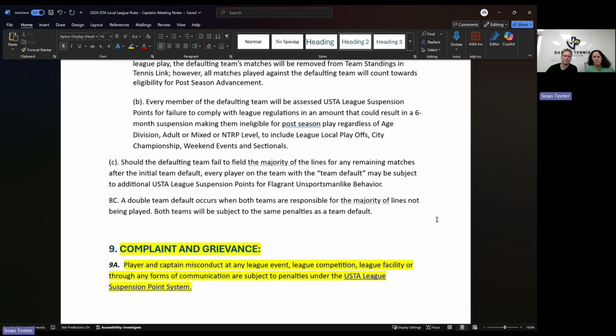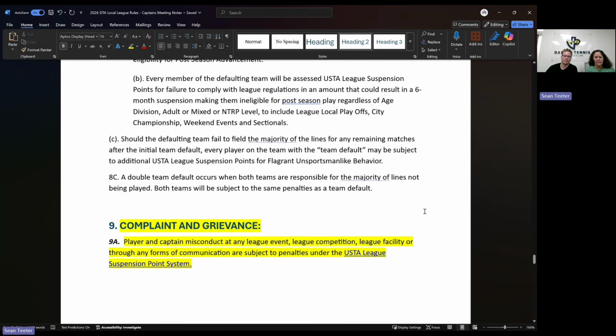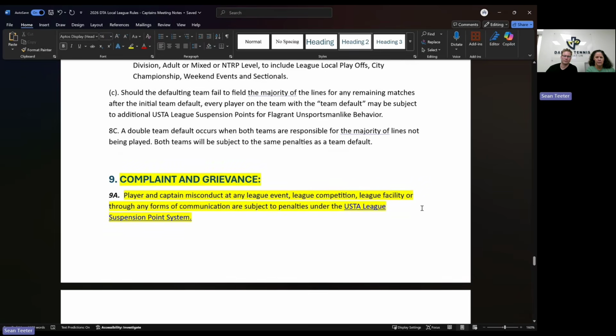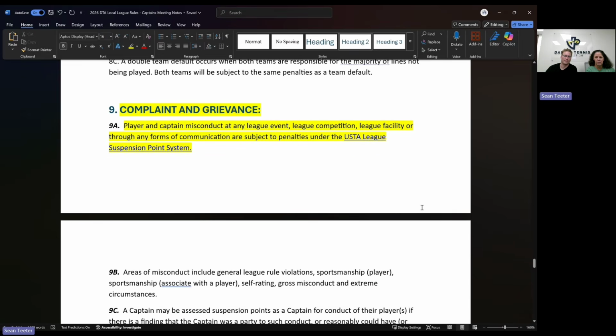You can be suspended for not following the local league rules, or for bad conduct on the court by you, your players, your spectators. So I would suggest clicking on this link and checking it out because you want to be aware of the things that could get you suspended from league play. We don't want that to happen. We want everybody to play nice, play fair, have fun because this is a recreational tennis league.